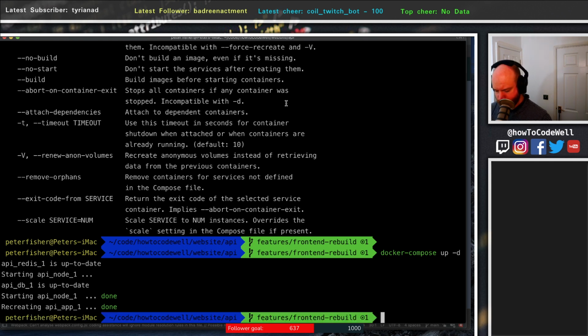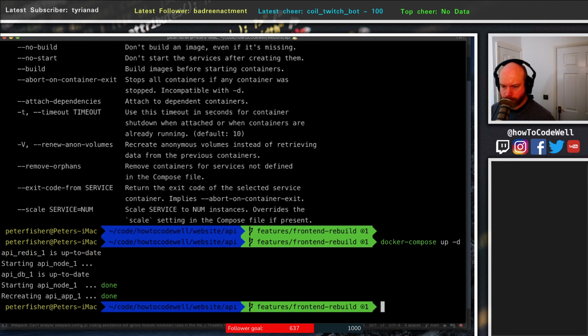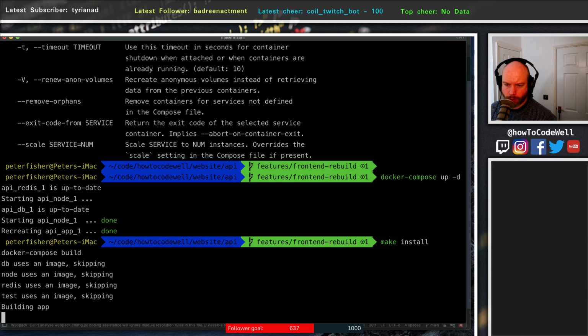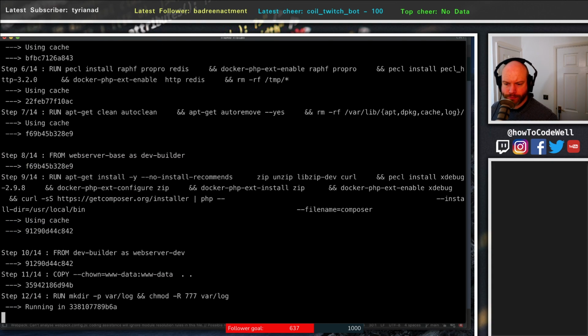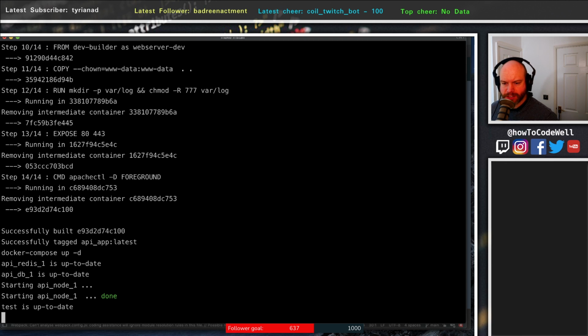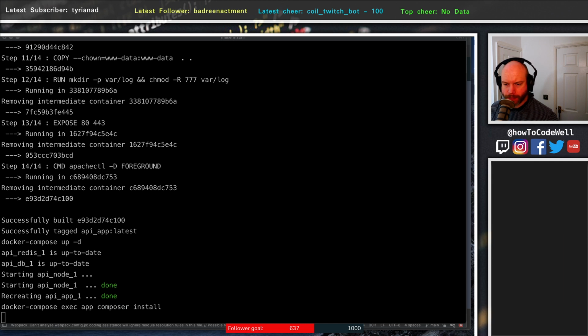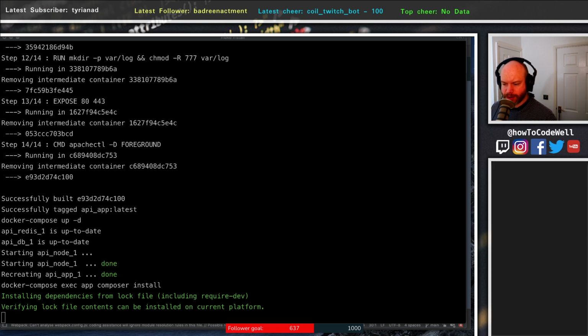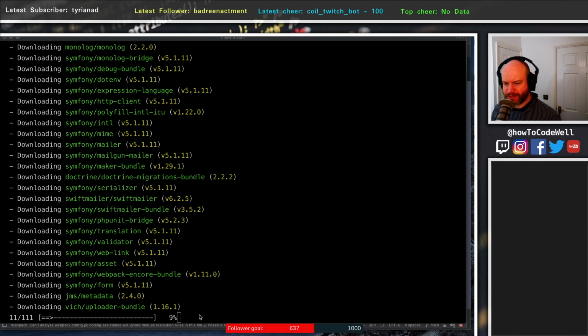We'll see. Right. Let's do a make install. This might throw a wobbly with, so all that's through cache, that's fine. It may throw a wobbly with Composer because I think it needs a private token from GitHub. Which is fine, something I can pull down. I think I'm gonna need that. I'm sure it's gonna fail in a minute. Unless